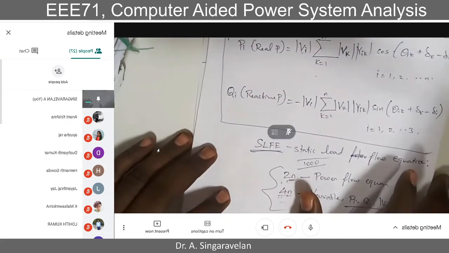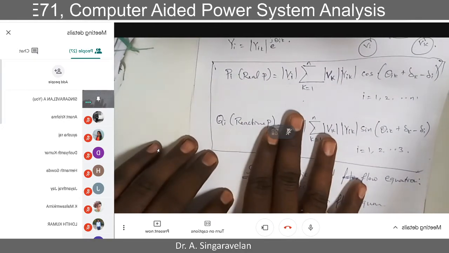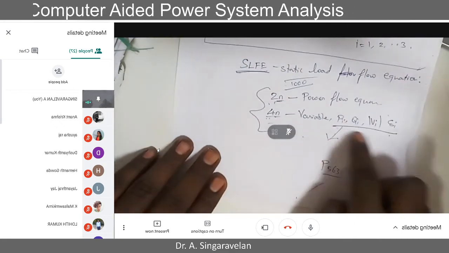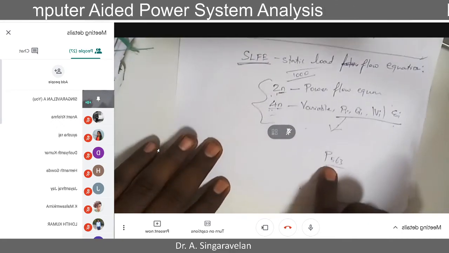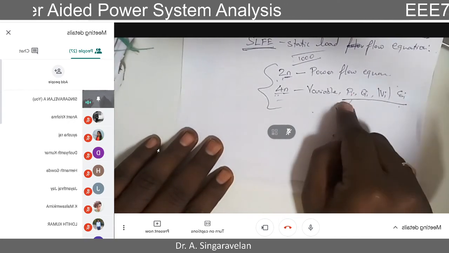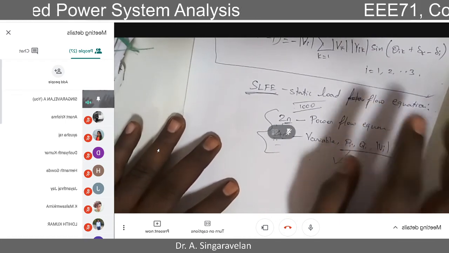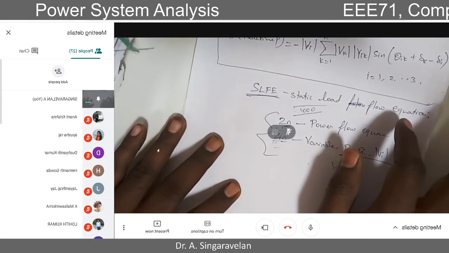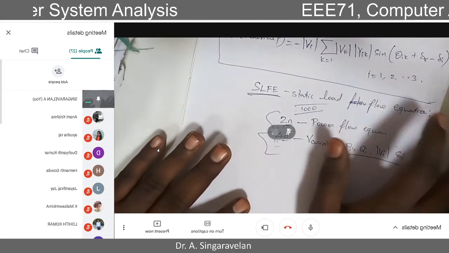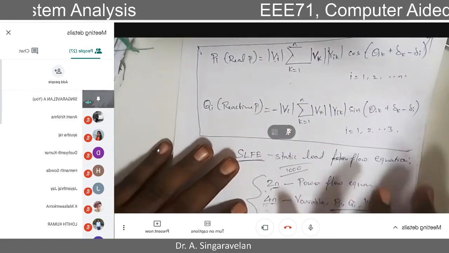The only important thing you need to understand is that this is the equation you are going to solve for load flow analysis. After solving this, I will get information on these four variables for any particular bus, because i is whichever bus you need information for; just apply that and you will get the value for that bus. That much you need to understand now. Is it okay? Still, if you have any doubt, in the next class we are going to solve problems, and during solving you will clearly understand this concept.